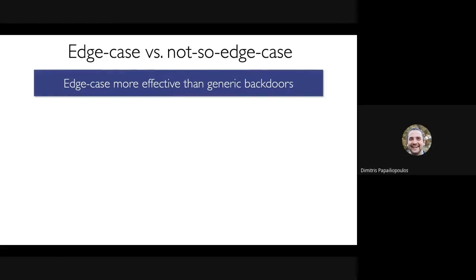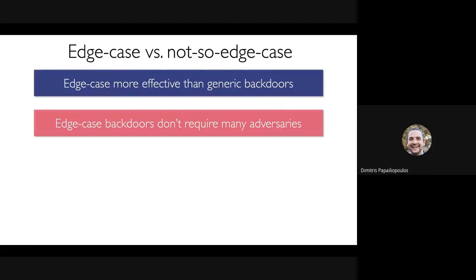backdoors, in the sense that if the adversary holds the vast majority of the data points of the type that are to be attacked, then these tend to be very effective. Unlike more generic backdoors, our black box data poisoning attacks only require 0.5% of the nodes to be adversarial, and white box model poisoning attacks require even less.